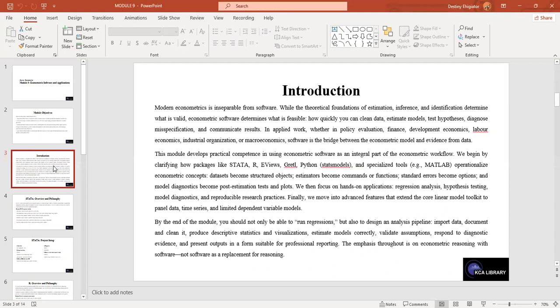This module develops practical competence in using econometric software as an integral part of the econometric workflow. We begin by clarifying how packages like Stata, R, EViews, Gretl, Python, and specialized tools operationalize econometric concepts. Data sets become structured objects, estimators become command functions, standard errors become options, and model diagnostics become post-estimation tools and plots. We then focus on hands-on application: regression analysis, hypothesis testing, model diagnostics,